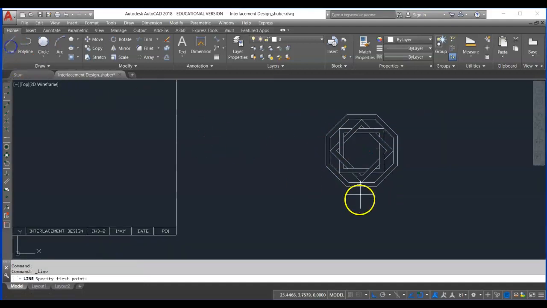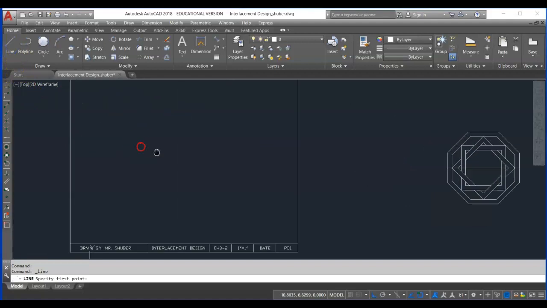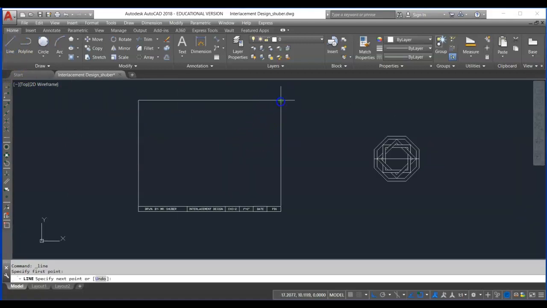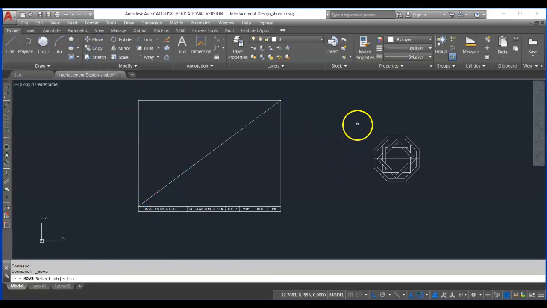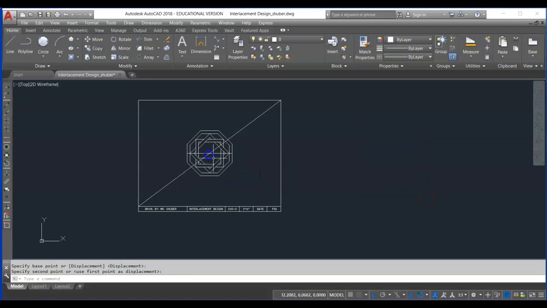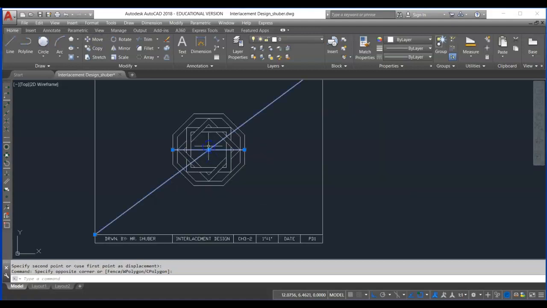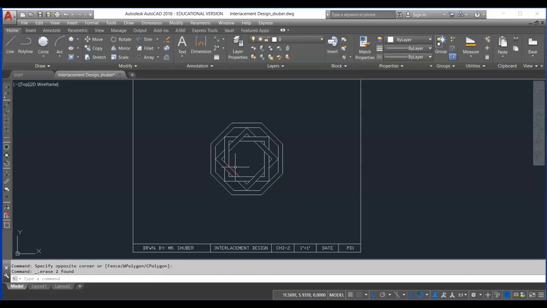Now we can get our line from midpoint to midpoint so that I can center it up in the sheet layout. Go ahead and snap from midpoint to midpoint. Delete those out. Alright, now when we go to dimension it, there's going to be a tricky part here